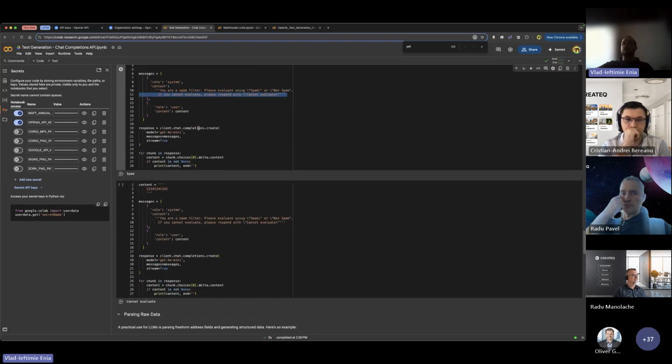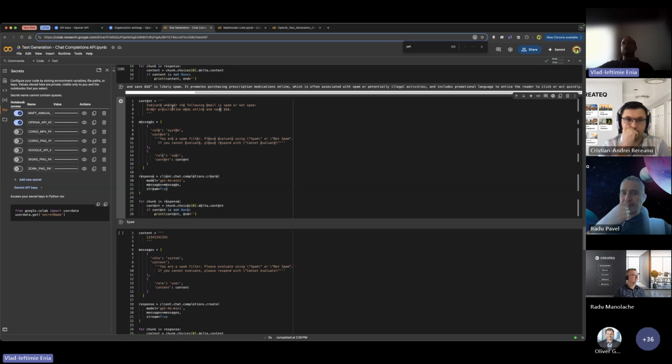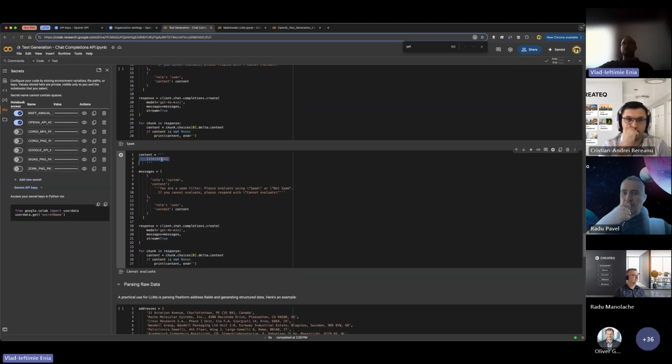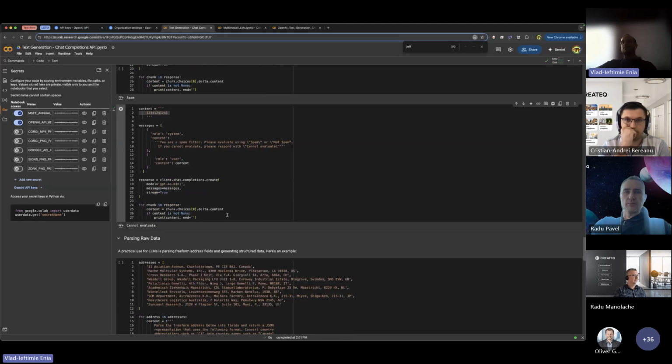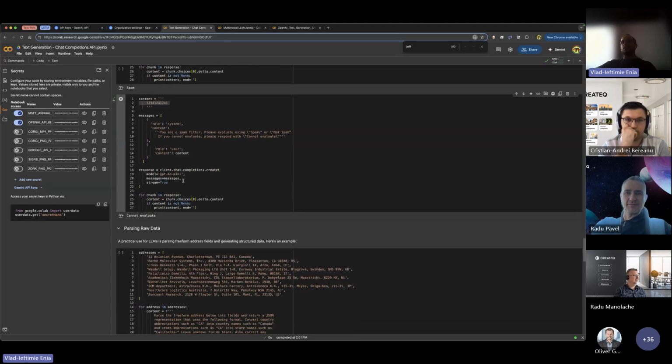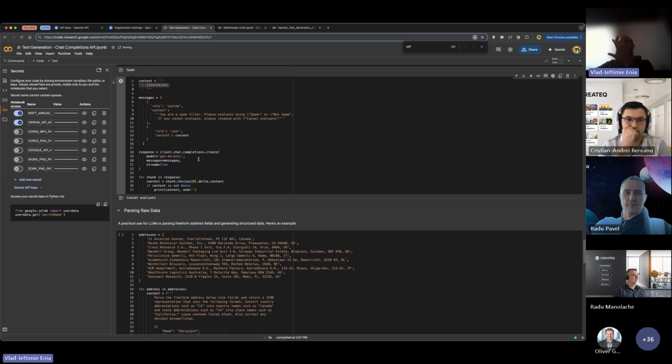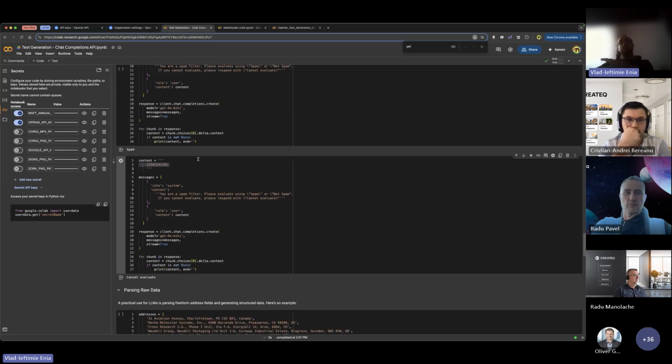So here the response is spam for this one here. Here this email here, and I also give it some random numbers, and it said that it cannot evaluate. Oh, now it says not spam, cannot evaluate. You see how unpredictable LLMs are. I could have used zero temperature here, but I did not think about that. But this would be a good use of a smaller temperature, a spam filter.